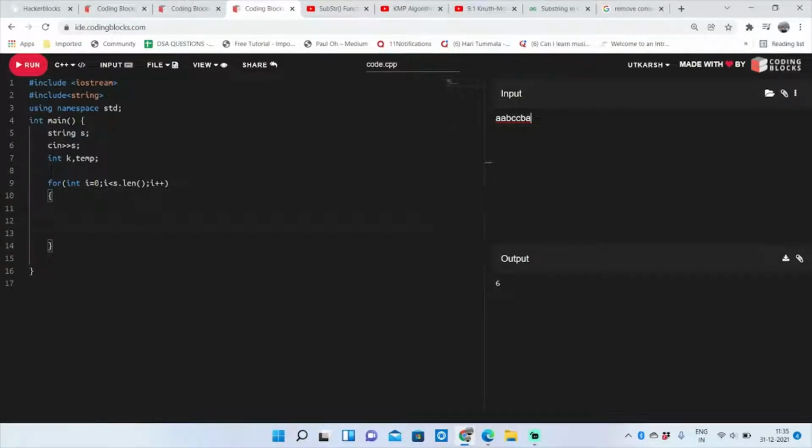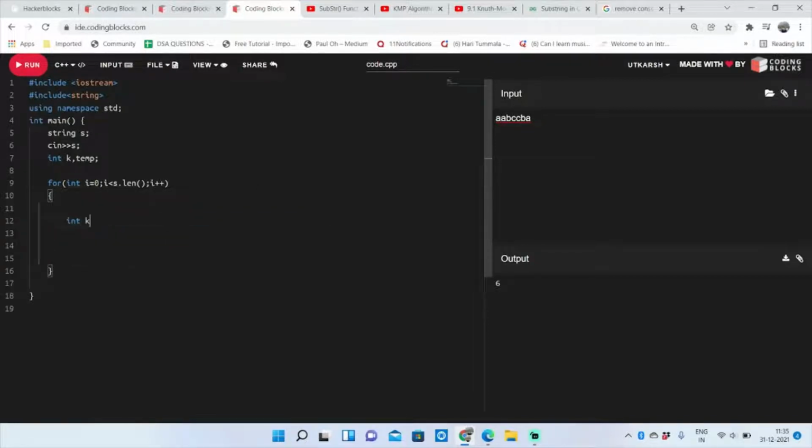So what I'm going to check here is, whatever is the value of i in the current iteration, I will pass my string to get the letter at that index, and then I will check the next index. If both the letters are same, then I will increment the value of k.